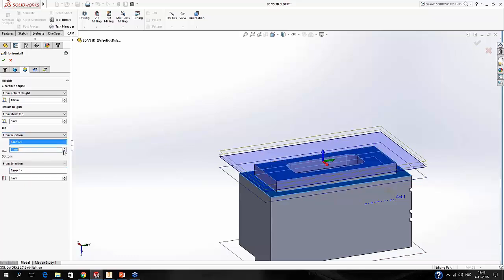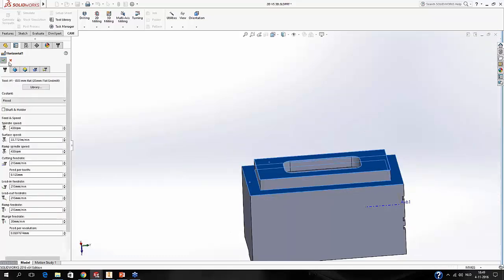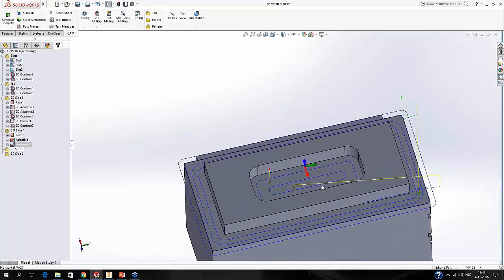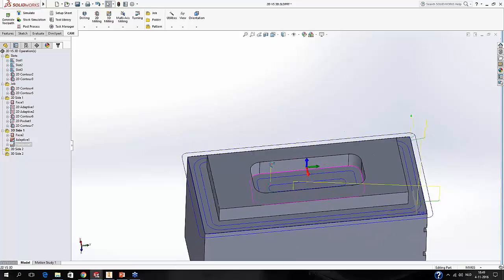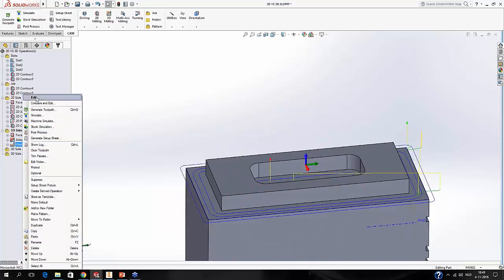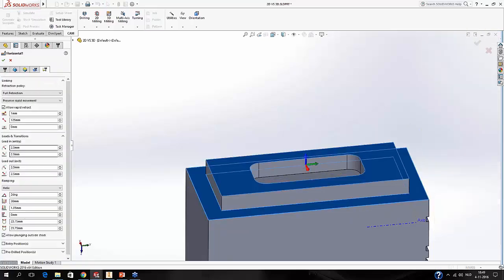Select the top, go a little beneath that, and from here on the system will take it from there. It will make the toolpath, finish it. It will also helix in here. You only see a very small helix, since I tell it there's only a very little amount of stock left, and this is something you can control here on the linking tab, how much clearance height you want it to have before it starts cutting, and